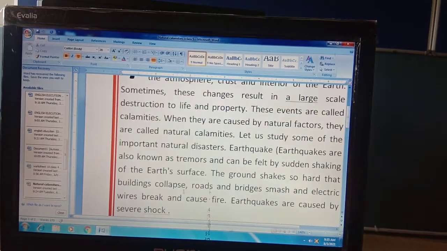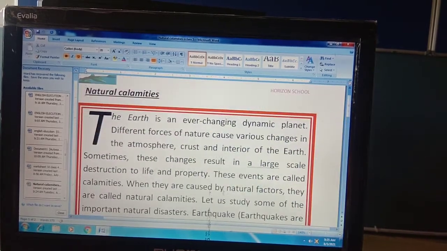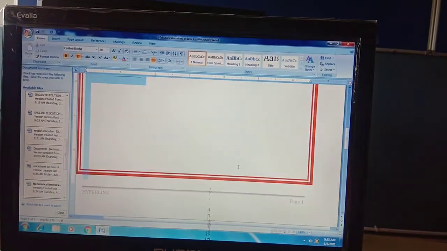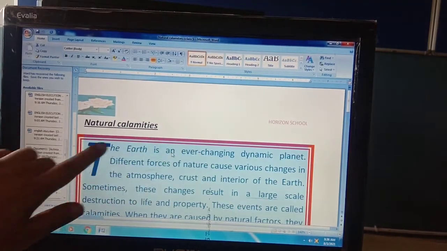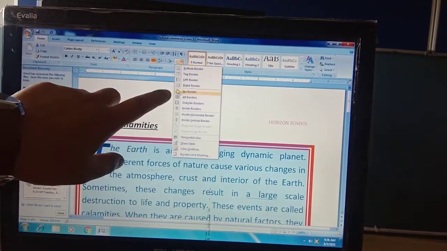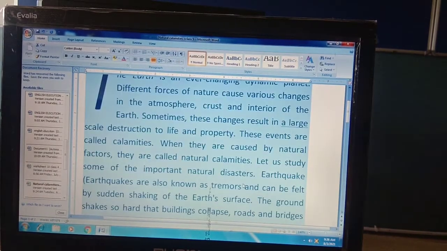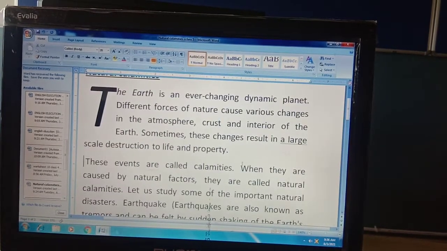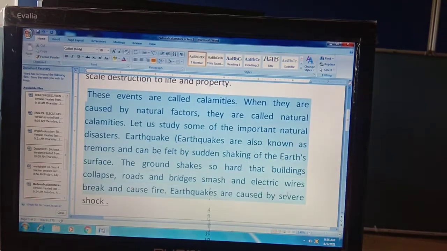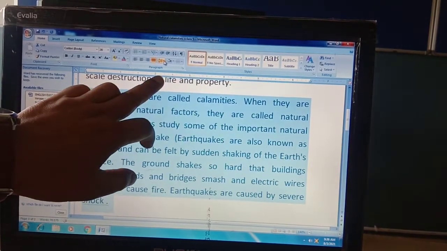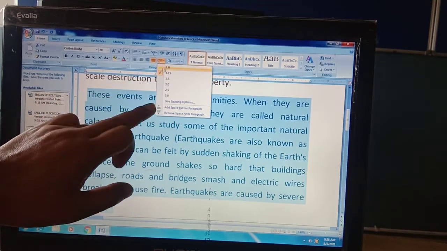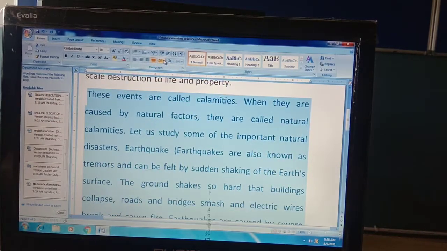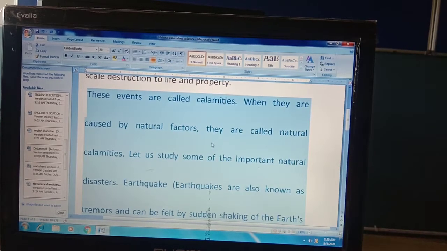So students, we learned about how to, first of all, let's remove this border. To remove this border, you have to go again to the borders and just click on the no border option. And the border will be removed from here. So I am telling you how to give spaces between the lines. So this is called the line spacing feature. The direct line spacing button is available here. Here you can set your spacing according to your need. Okay, clear to everyone?